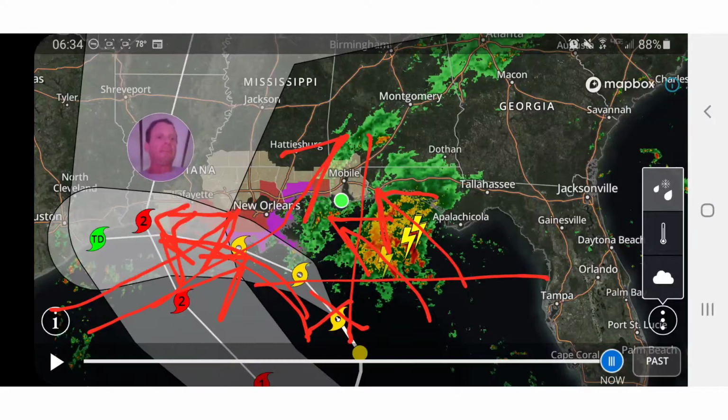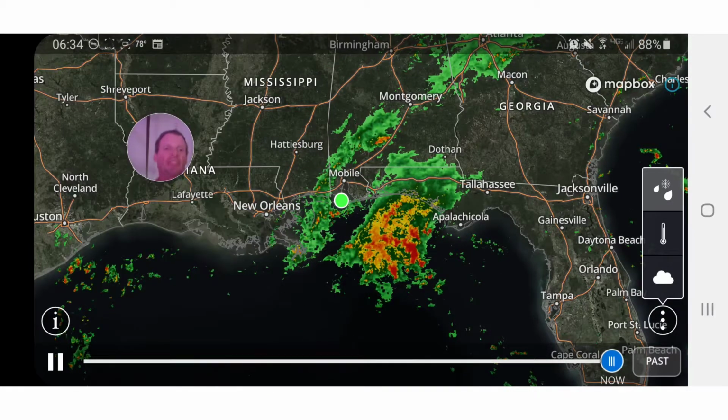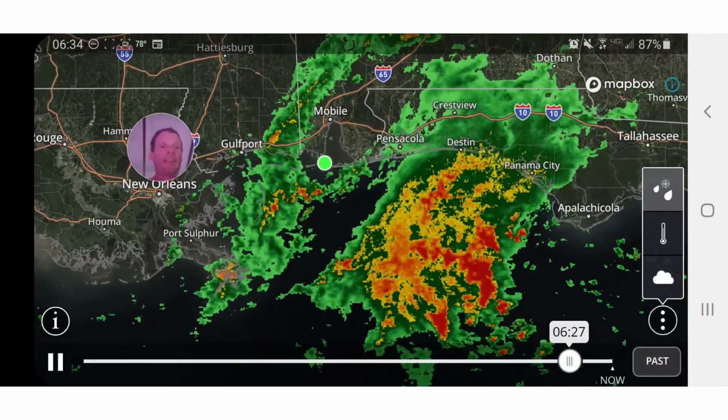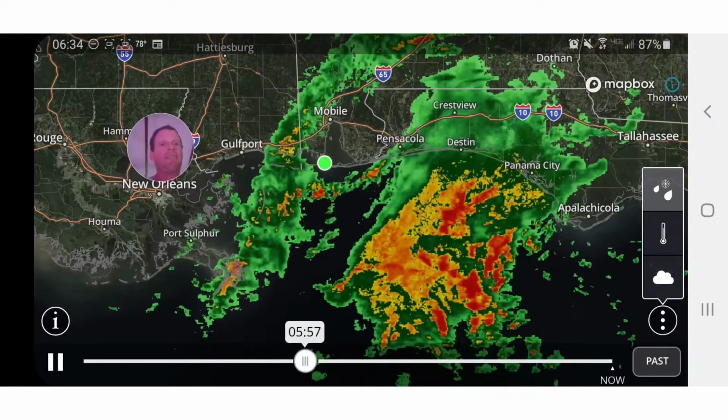So by the look of it, in the current loop, it looks to be maybe about 2 hours away from that center of circulation moving on top of us. So here's the current loop, and we'll look at it again and kind of zoom up. So again, I'm where the green dot is, and you can see in the past hour, these squalls have moved,